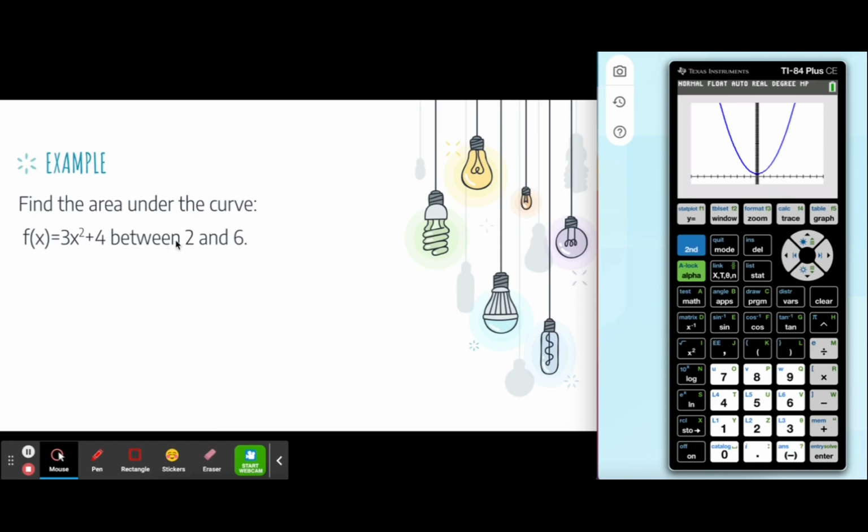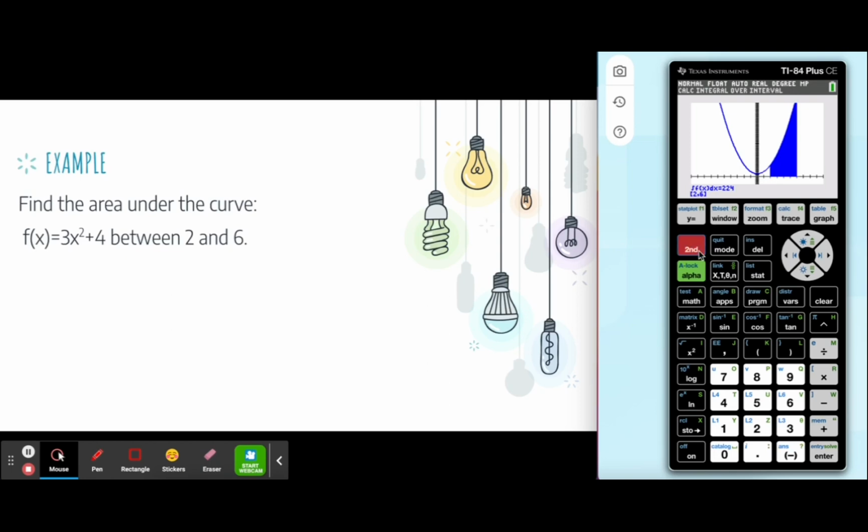So I'm looking for the integral between 2 and 6. So I'm going to go on my calculator, second function, trace. The integral is our seventh option. And then what you could do is you could use your cursor to go left and right. However, the most optimal thing to do is just to type in the value you want. So we wanted to start at 2. So I'm going to type in 2, enter. And I want to go all the way to 6. So I'm going to type in 6, enter. And now it shades the region that is the area under the curve between 2 and 6. So our answer here is 224.